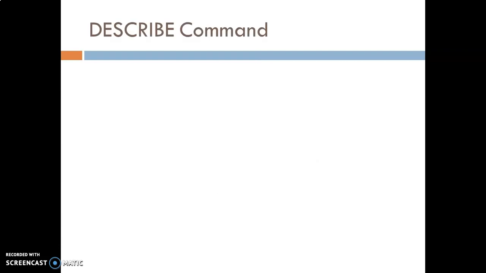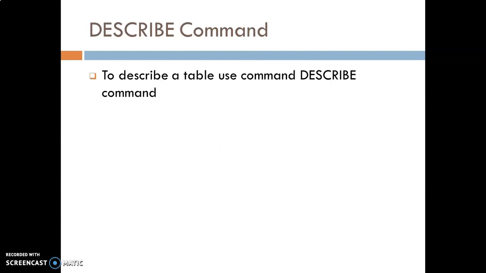For describing this table, we use the DESC command. That means how our actual table is stored in memory. If we want to see that particular table structure, at that time we have to use the describe command. Syntax: for using the describe command, we use the describe keyword.